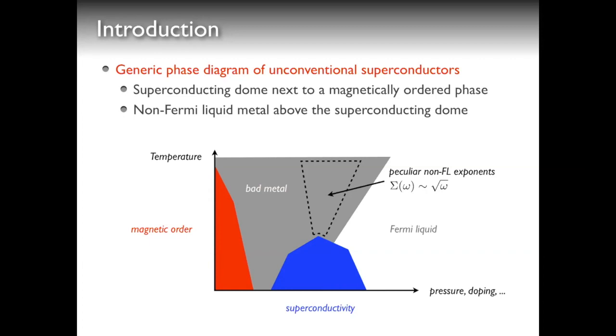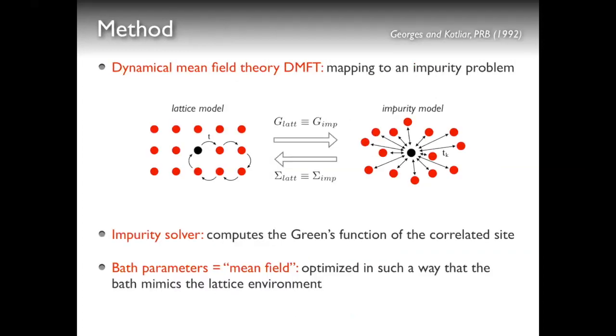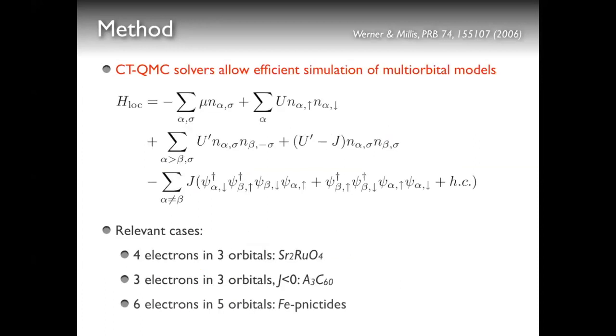And what I would like to do is to argue that we can understand the generic properties of this phase diagram by considering the phenomenon of spin freezing. So in this work, like in the previous one, I'm going to use dynamical mean field theory, where we map the lattice system to a multi-orbital impurity problem. The Hamiltonian for this impurity problem looks something like this. We have an intra-orbital interaction U, and then an interorbital interaction parameterized by U prime and J, and also pair hopping and spin flip terms.